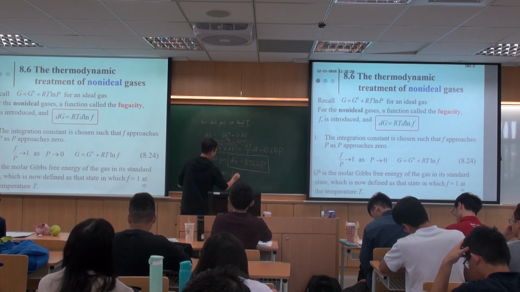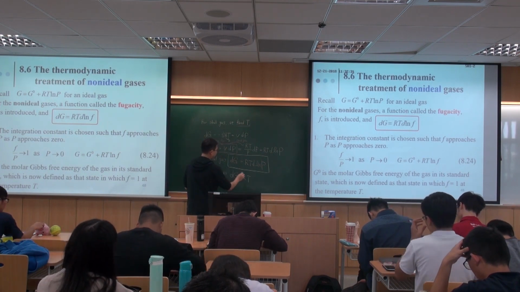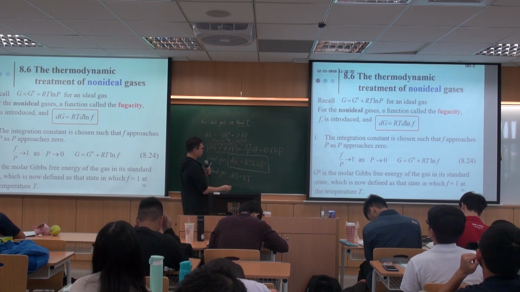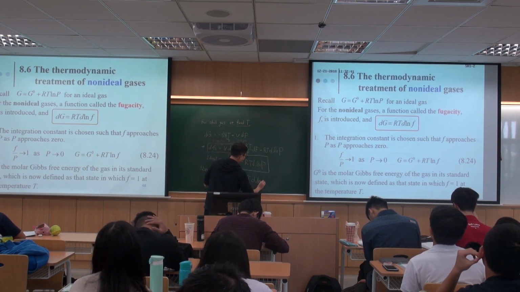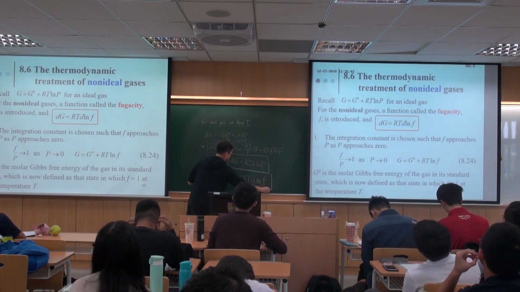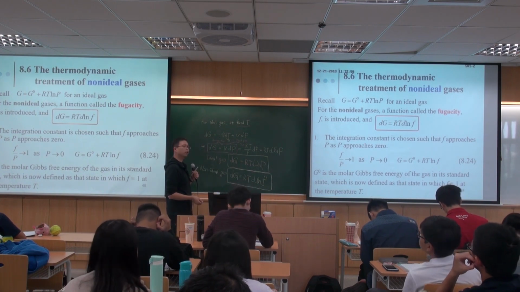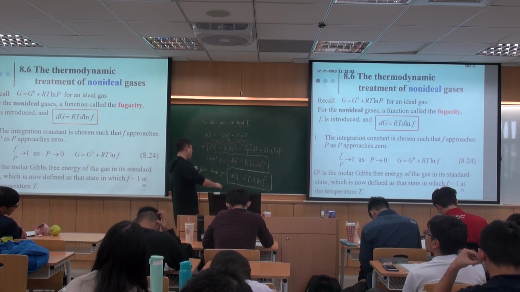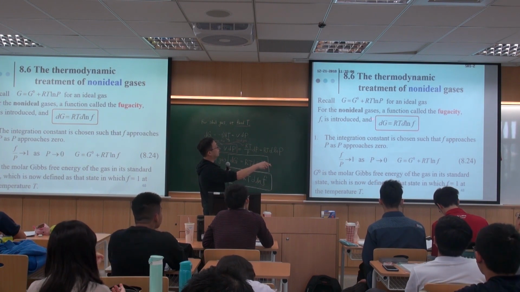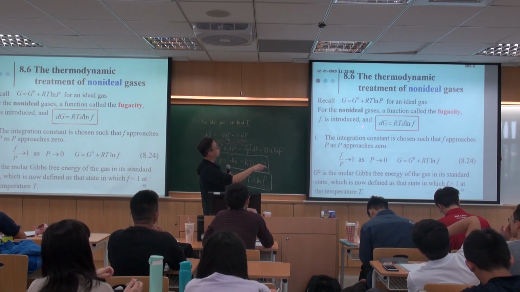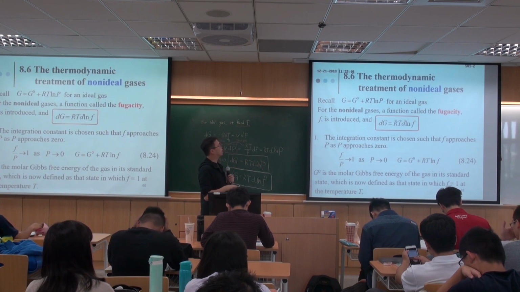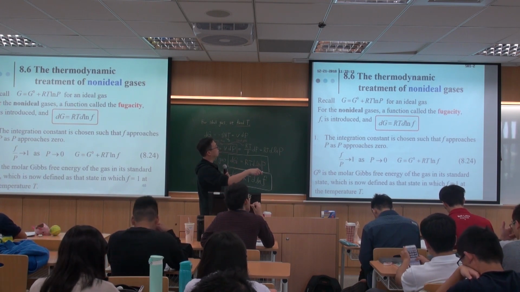And this is the definition of fugacity. We know that for a non-ideal gas, or for a real gas, this is not the case. But if we want to use the same equation, we will use a function called fugacity, such that we can write down a similar equation like this. So please remember, this will definitely go into the exam. The definition of fugacity is expressed as this. Okay? So it is by treating the gas like an ideal gas, only that the pressure is replaced by